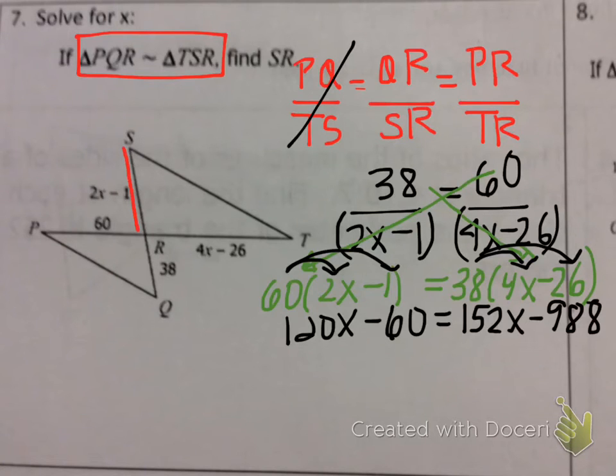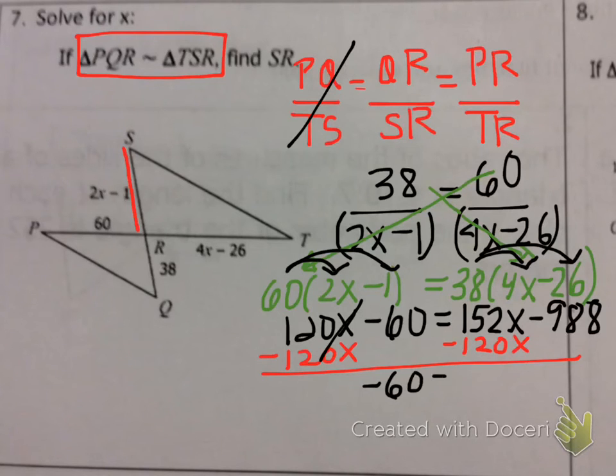So from here, there's a couple options when you have variables on both sides. I'm going to choose to collect the x's on one side first, so I'm going to move the x's to the right, so subtract 120x from both sides. On the left-hand side, I'm left with negative 60, and on the right-hand side, I'm left with 32x minus 988. Now that the x's are on the right side, I need to move the constants to the opposite side. So add 988 to both sides,